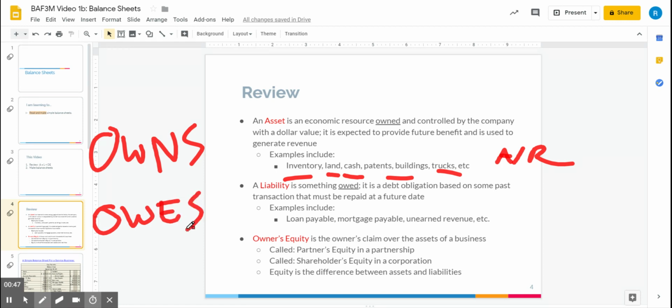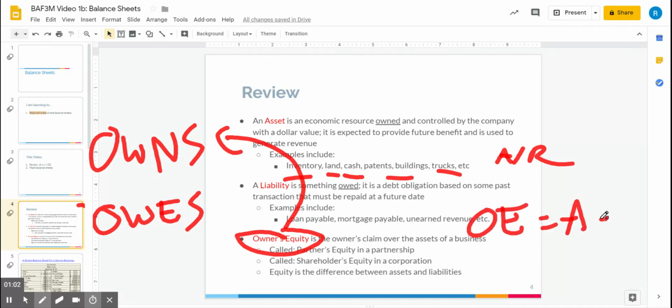Okay, based on some past transaction that must be repaid. And we learned that owner's equity is the owner's claim to these assets, right? The owner's claim to the assets. And the reason why the owner's claim to the assets, the owner's equity, is equal to assets minus liabilities, is because, of course,